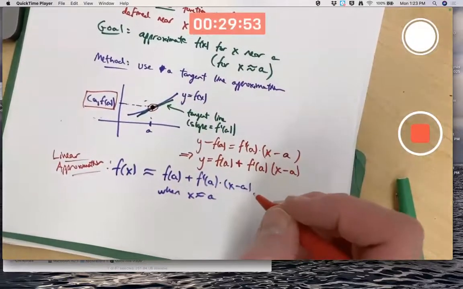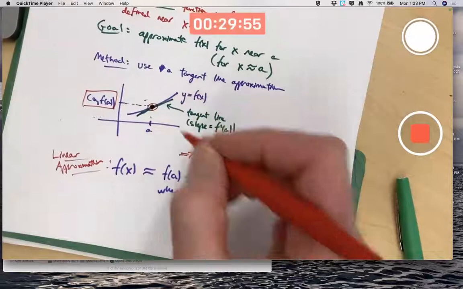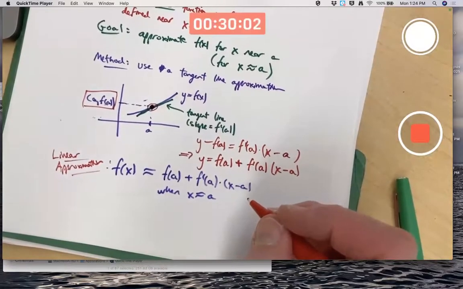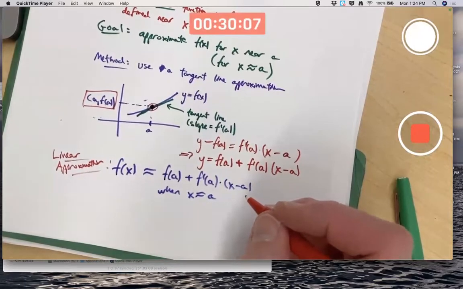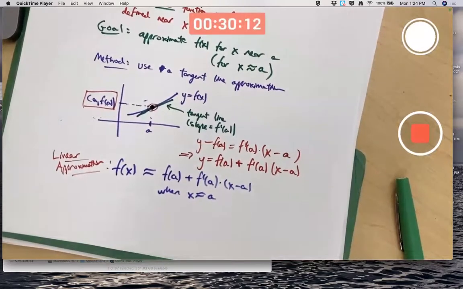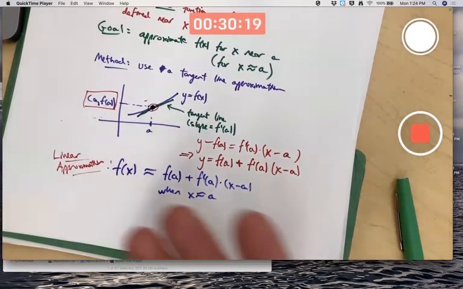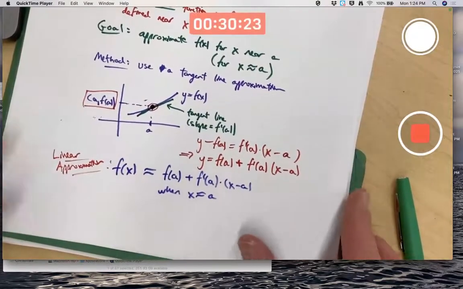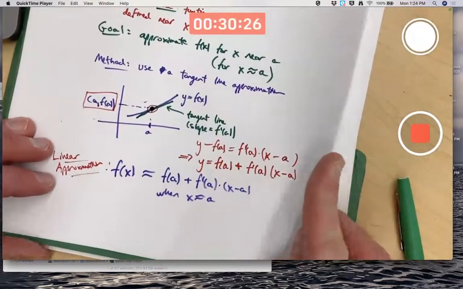If you zoom in to that point closer and closer, the purple and green lines will look more and more alike. That's the idea of local linearity, differentiability, we talked about in chapter 2. This is way more useful than you might imagine. Now, it doesn't feel so useful here in the age of calculators and computers, because why don't you just plug things into your calculator? Why do we need to approximate it with some formula? Well,